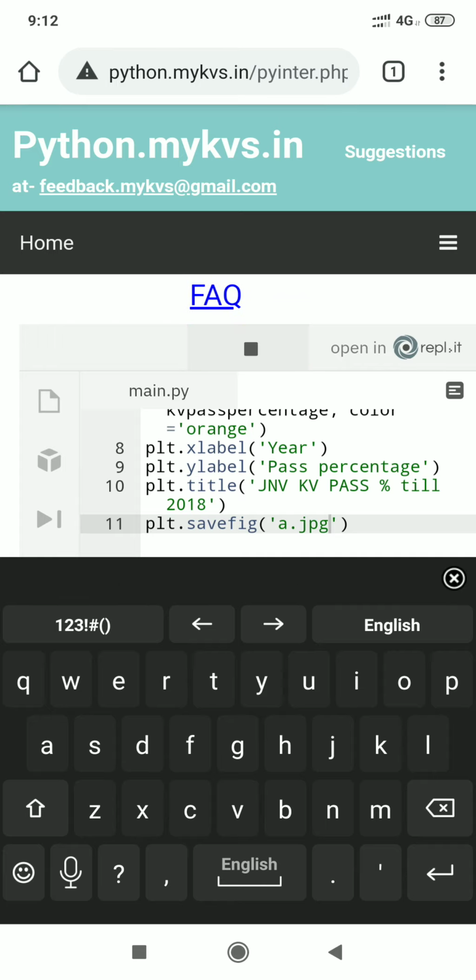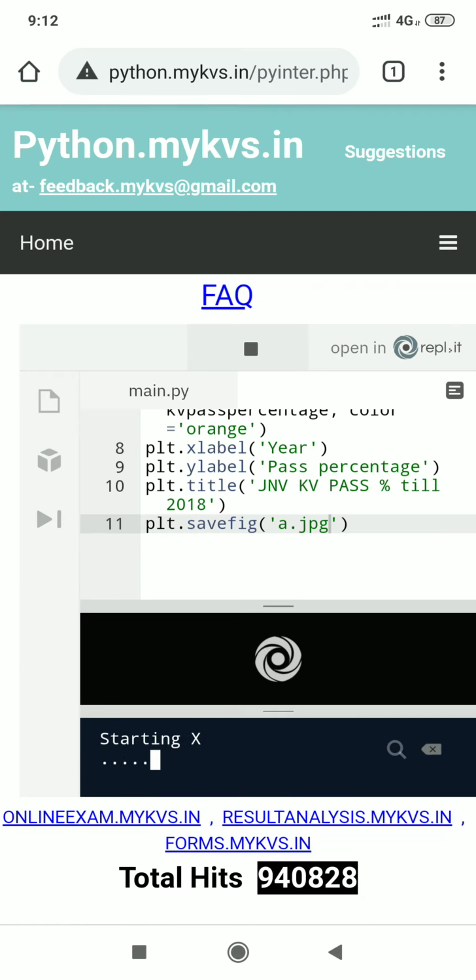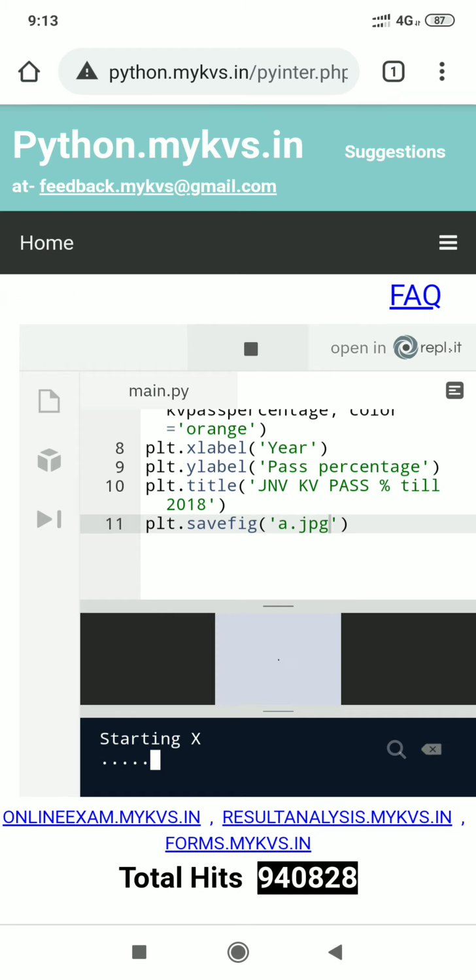Now I execute this one. The program is being executed. Now students, you are finding after execution of this that data is not being shown.